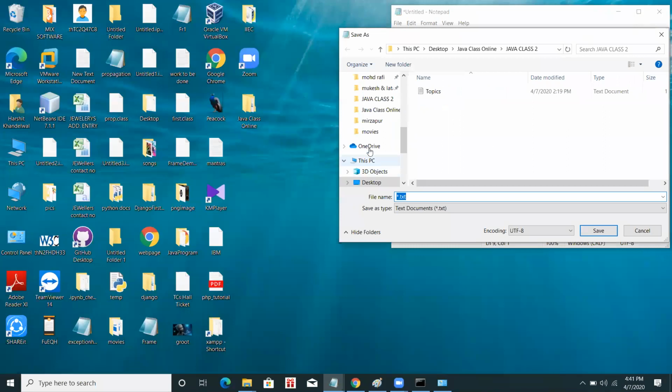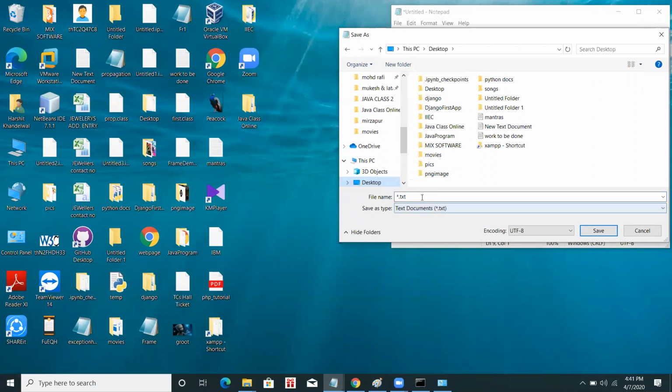Just a minute. I've saved this file on my desktop, and I'm naming it example1.java. Whenever I save any Java file, the extension of that file is .java, so do not forget it, otherwise it will create an error.